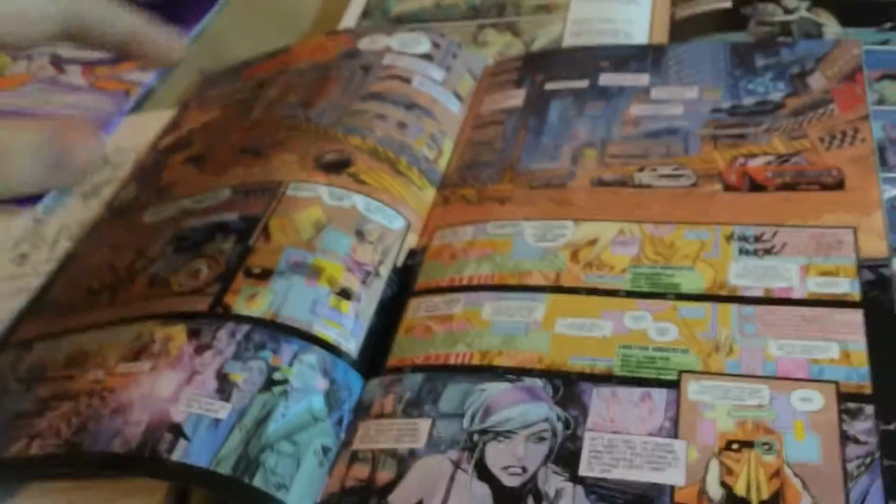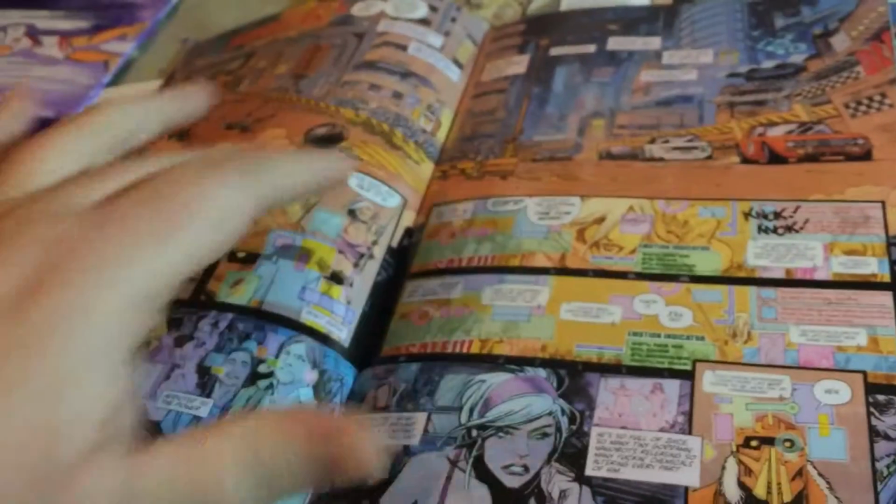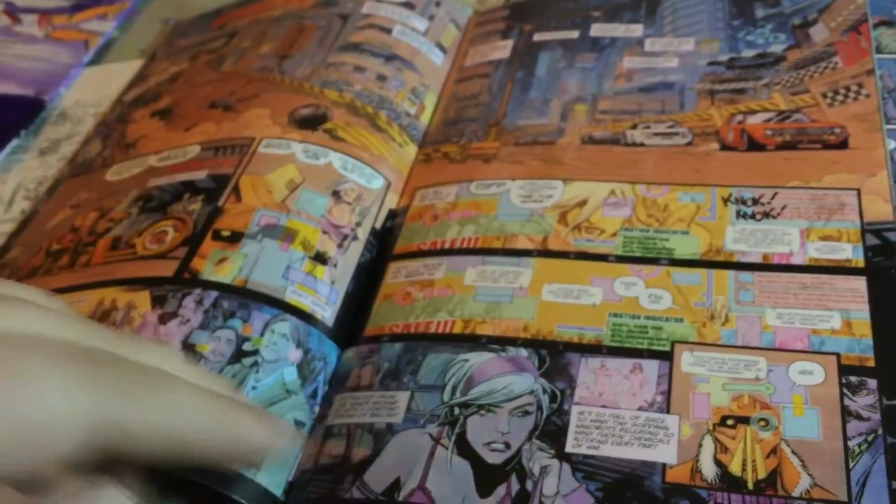The reason I had Tokyo Ghost laying out is because I want to do a spread very Murphy-esque. And I'll show you what I mean by that. So this is Tokyo Ghost number 1. And he does these great spreads where he doesn't take the whole 2 pages, but he carries over spreads into the next page, and it makes this very fluid motion where you just